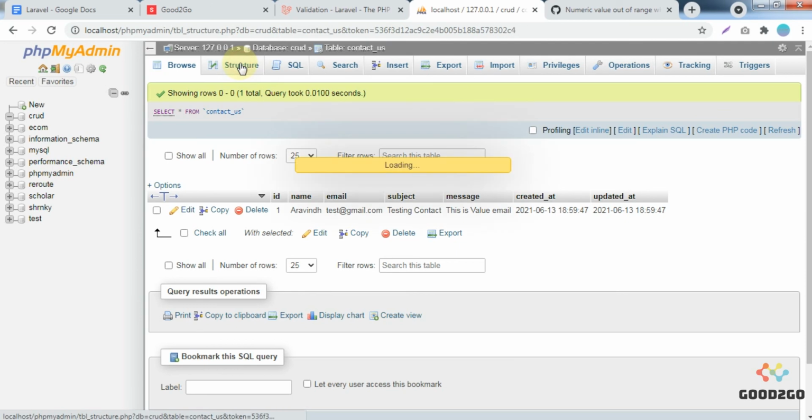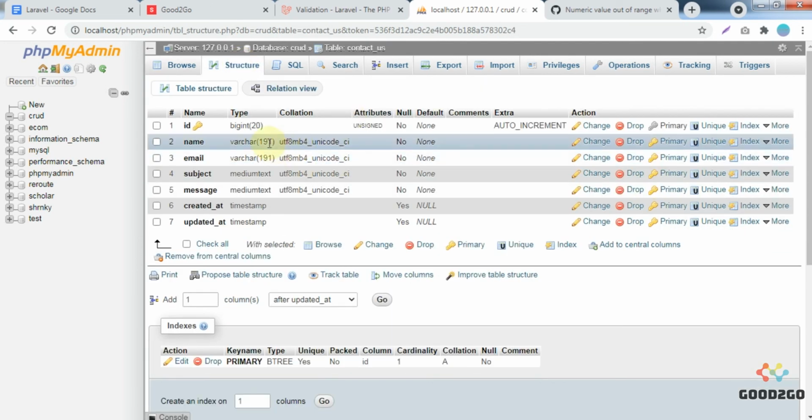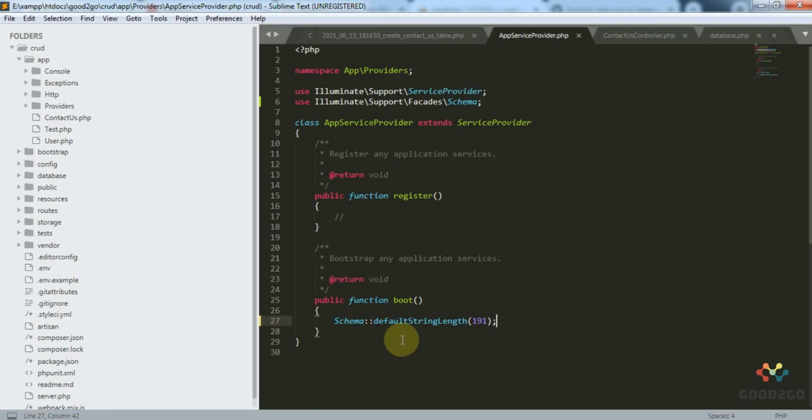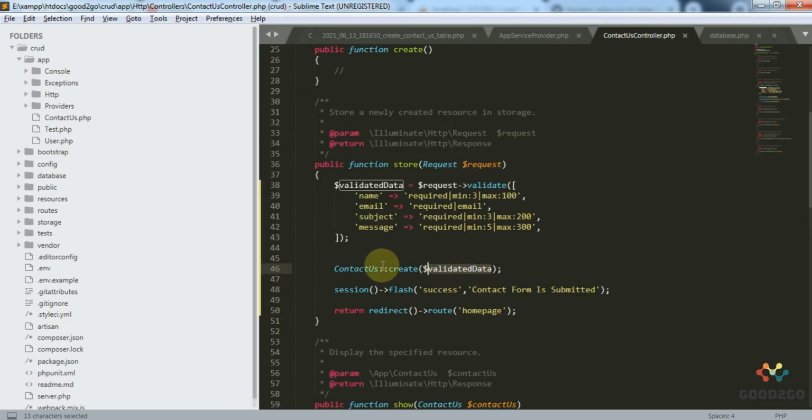See, this is the maximum default length of varchar. This is the work of this default string length. Before you do any coding, you should know the usage of that code. Okay guys, one more thing, I have written this code, it validated and returned to the